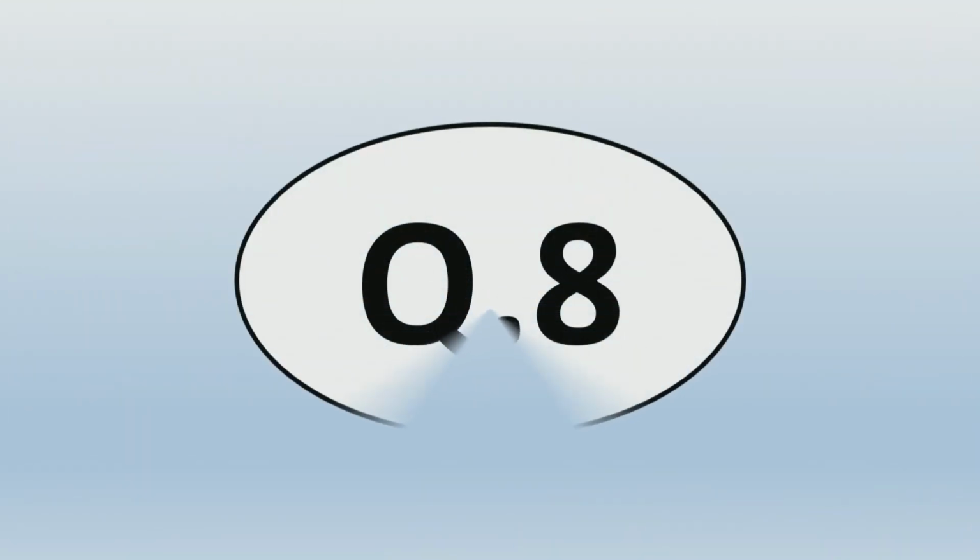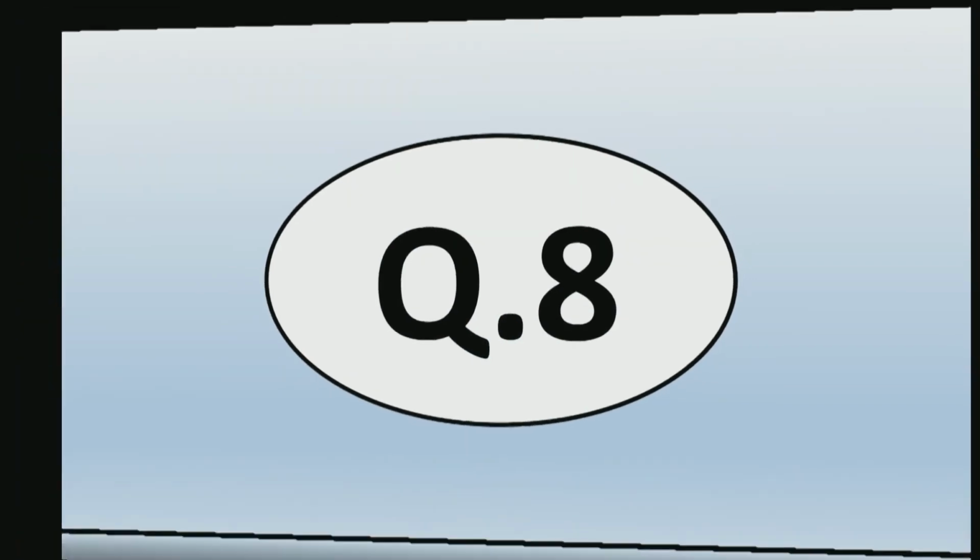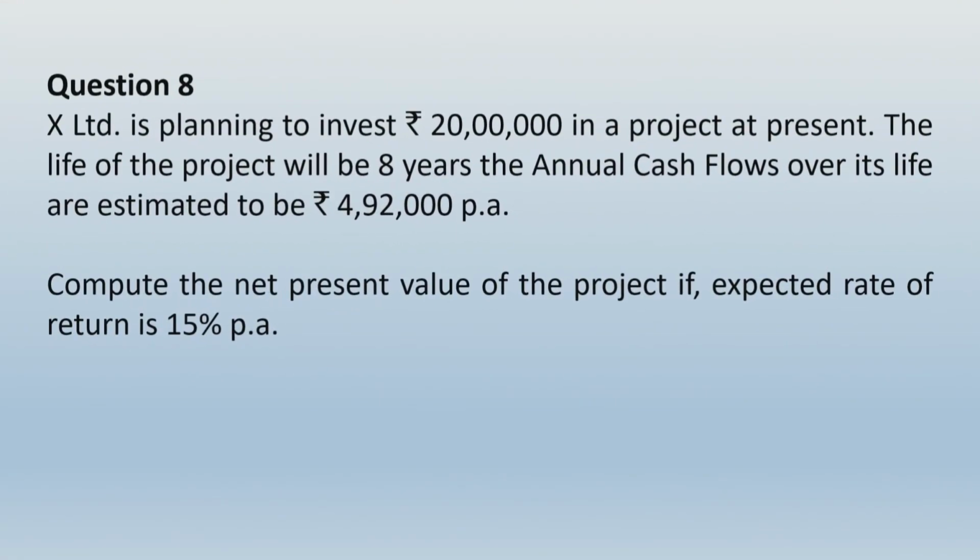Let us move ahead and take up the next question, that is question number 8. What is seen over here? X Limited is planning to invest rupees 20 lakhs in a project at present. The life of the project will be 8 years. The annual cash flow over its life are estimated to be rupees